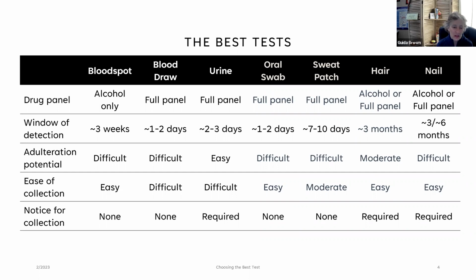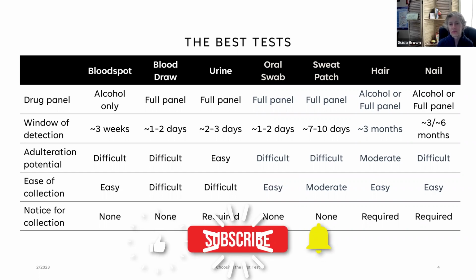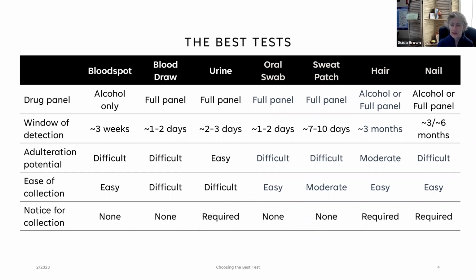Does it have to be all 10 fingers? No. Some people don't have fingers, or they had fingernails and they broke off. So it doesn't have to be all 10, but it has to be a substantial amount of growth. And so the collection is easy. The notice for collection could be a little bit more. Gel fingernails, gel nail polish, fake fingernails, they have to get those off and then the fingernail has to grow.